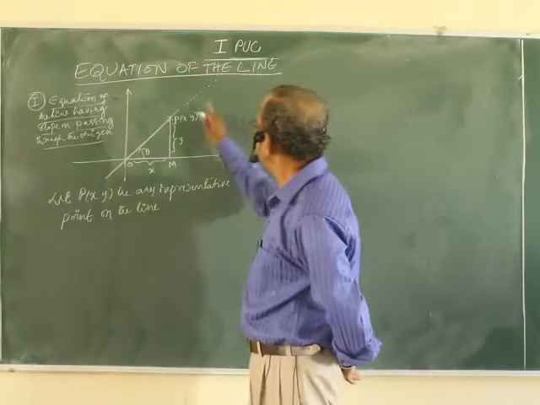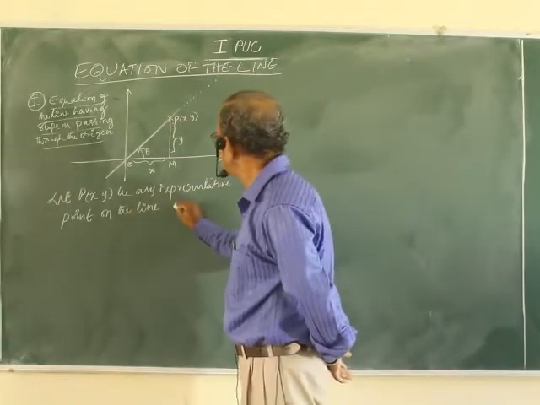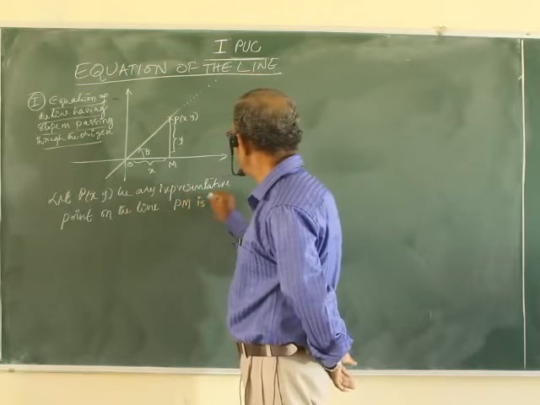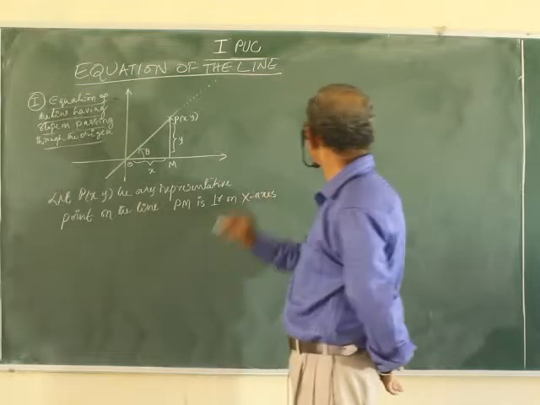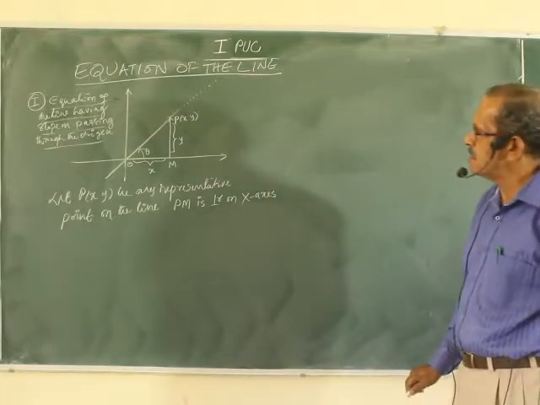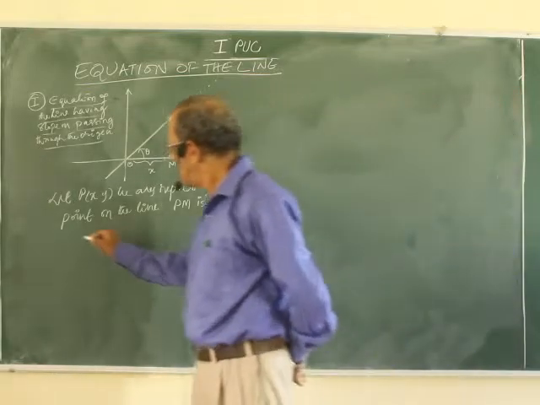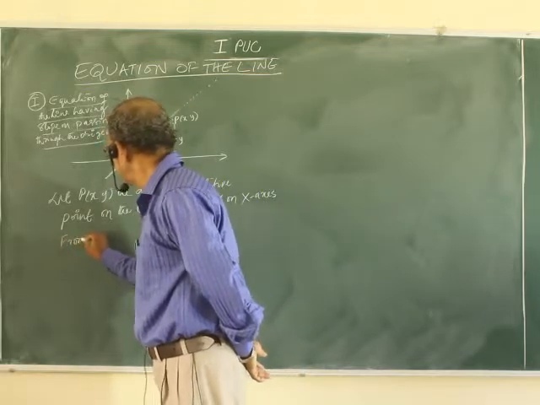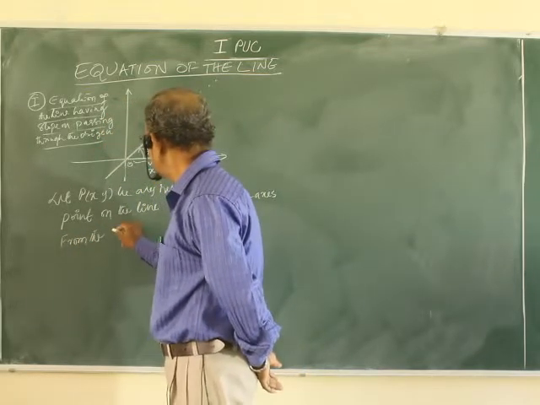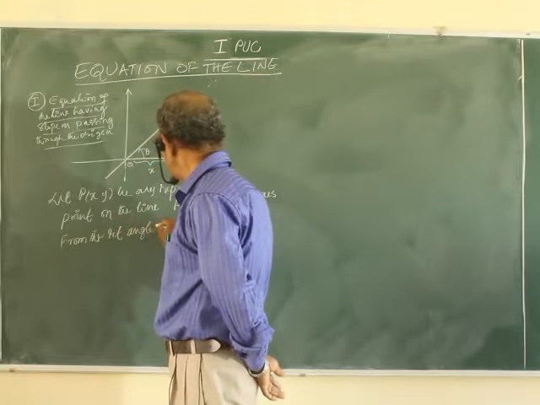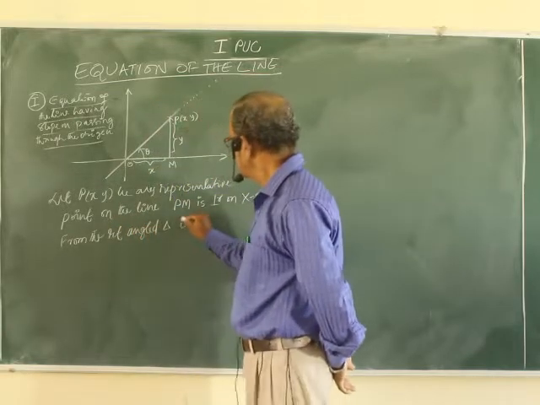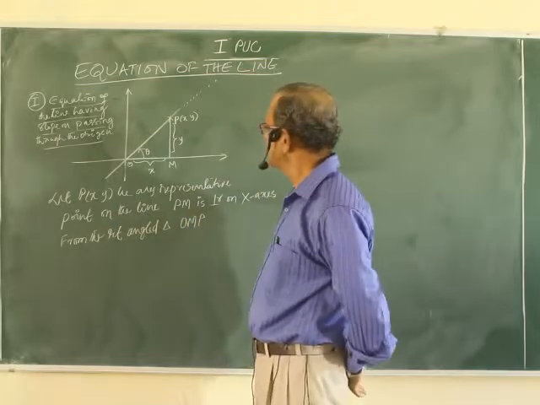Now, P be any representative point on the line. PM is perpendicular on x-axis. From the right angled triangle OMP,